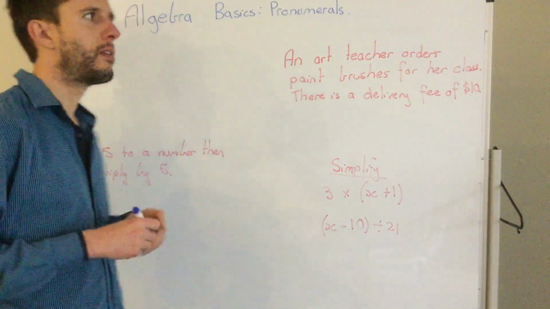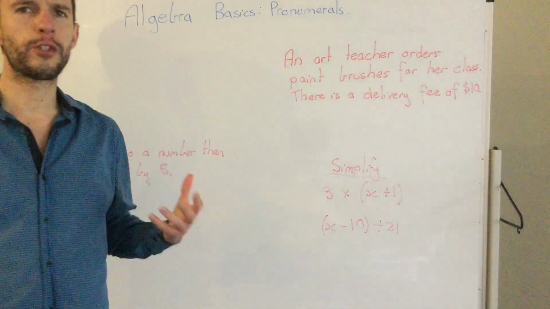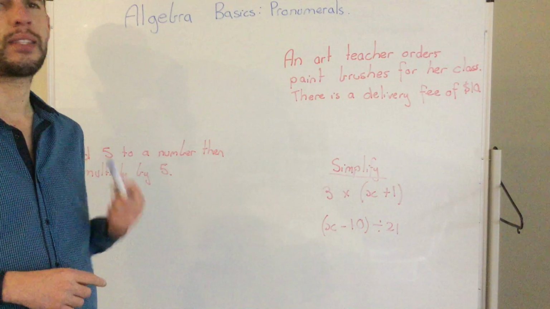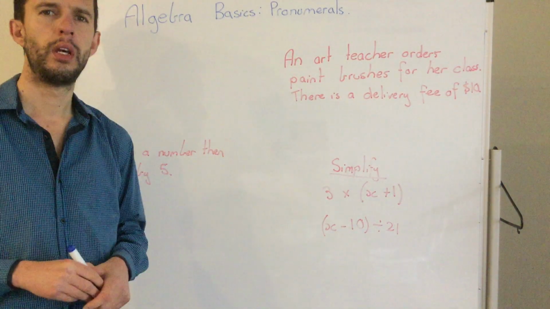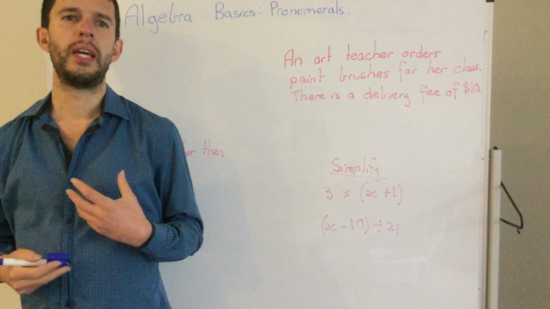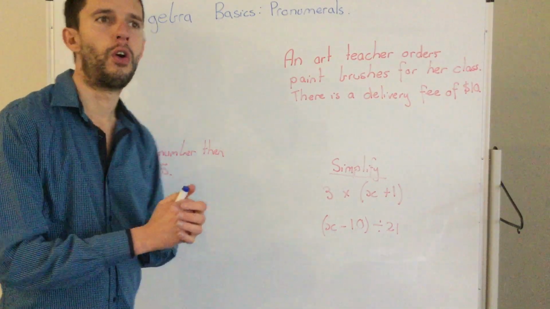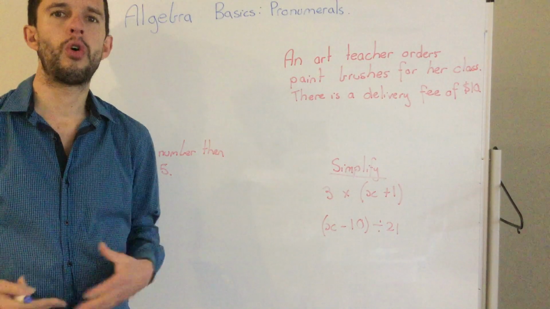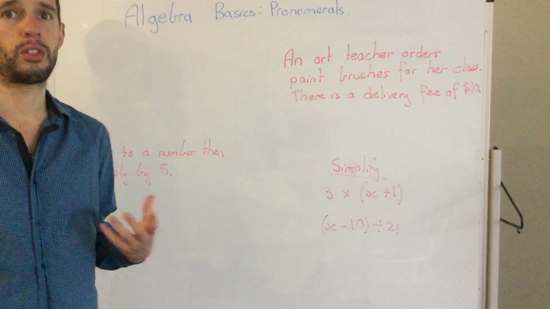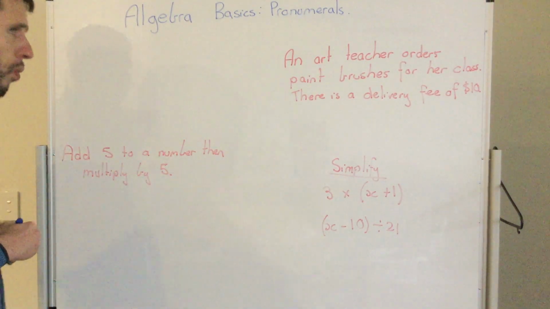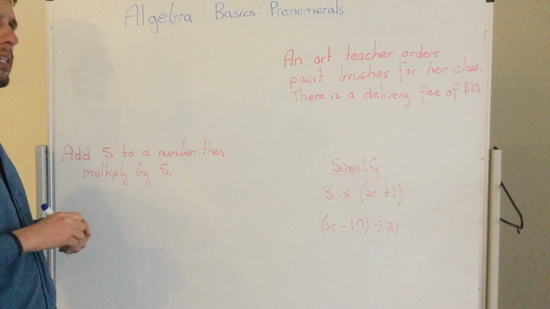So we are going to start off looking at our algebra basics and really understanding pronumerals. So pronumerals is the unknown in algebra. And when we're talking about the unknown, we use letters or symbols for us to think about what we are wanting. For example,